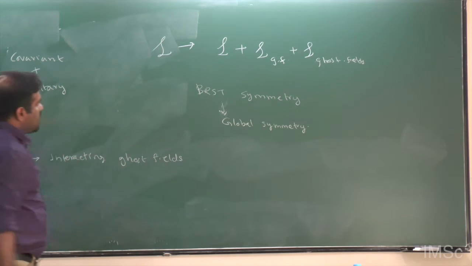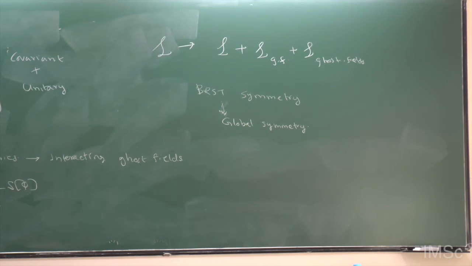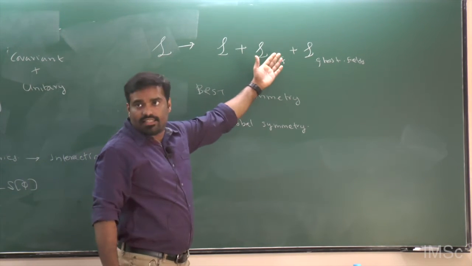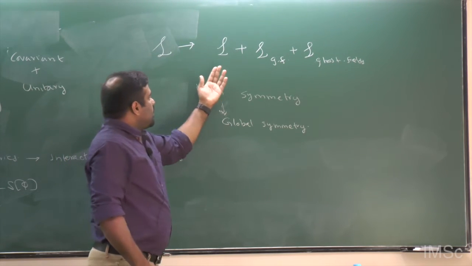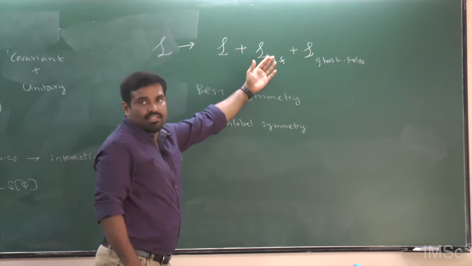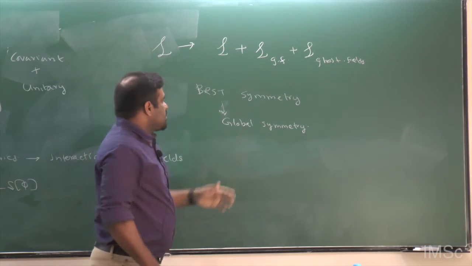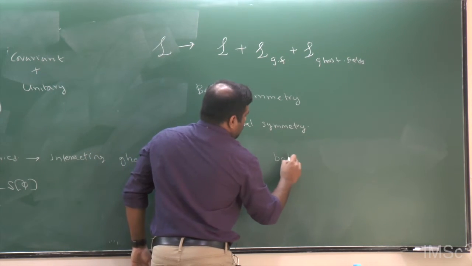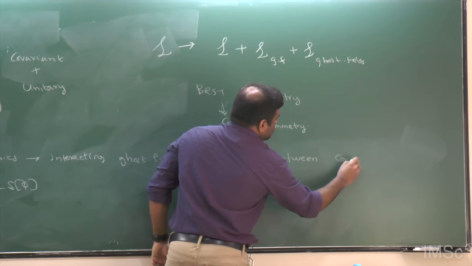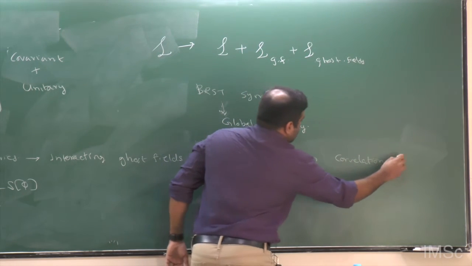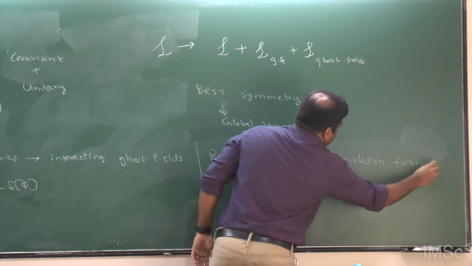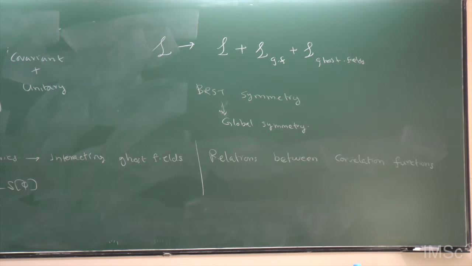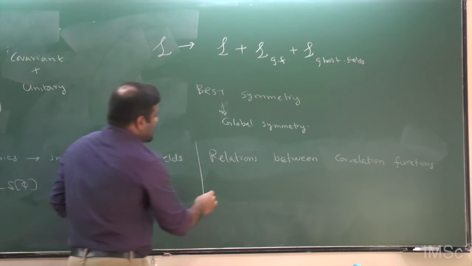And when you have such symmetries, it introduces relations among correlation functions. So you can compute correlation functions for the theory having this modified Lagrangian, and you know that you have a certain symmetry for the combined system, and that induces certain relations among correlation functions. And these relations involve insertions of BRST variations.